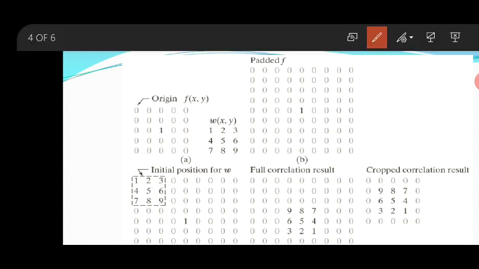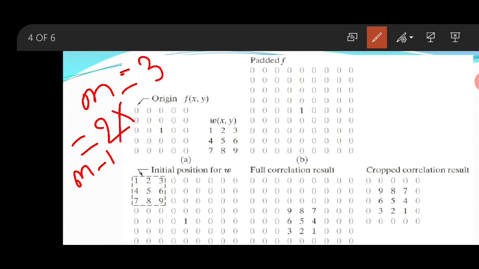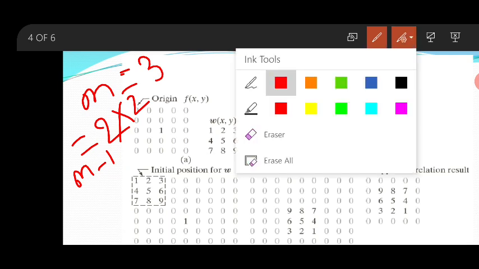I hope you understood this. Since m is 3, m minus 1 zeros, that is 2 rows and 2 columns, are padded to the image.